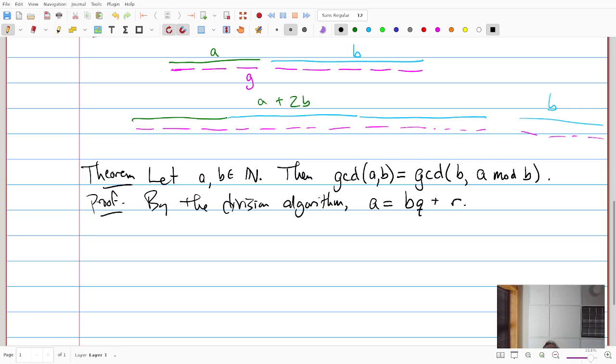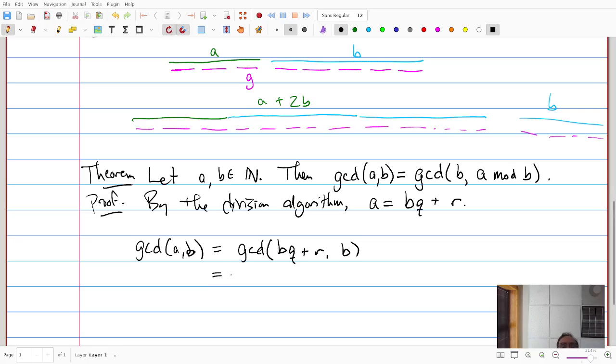And those are unique, right? And then say that GCD of A, B equals GCD of BQ plus R,